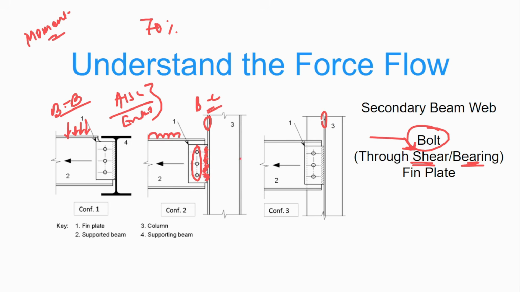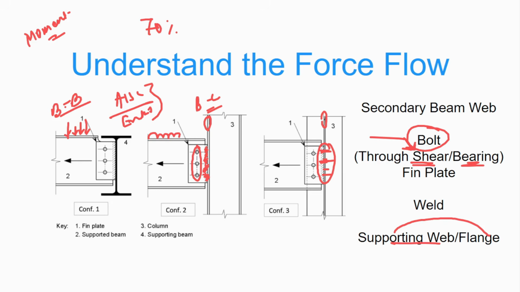But at the end of this video, where I will solve a shear connection design, then we will use another bolt here. In which case the bolt will be used, you can see in that example, right? So here the weld will take the load and finally it will transfer to the supporting web or flange. Why? Here you can see we have connected with the web. So in this case this is the supporting web, but here we have connected with the flange. So in this case this is the supporting flange. Simple, right? So we have understood how the force actually transfers from the secondary beam here to the primary beam